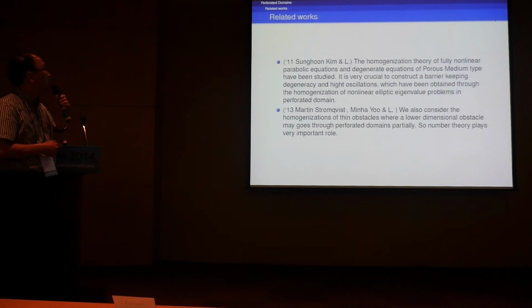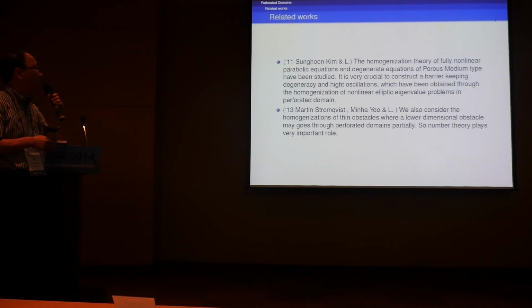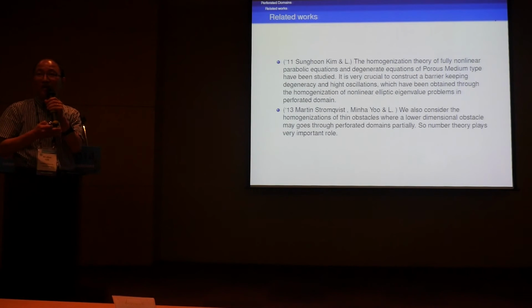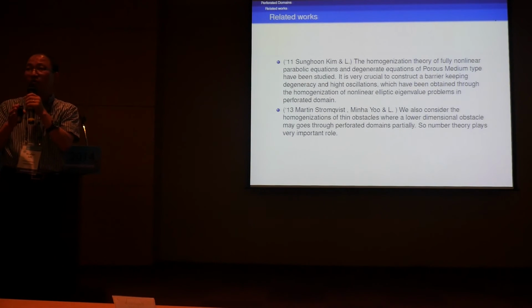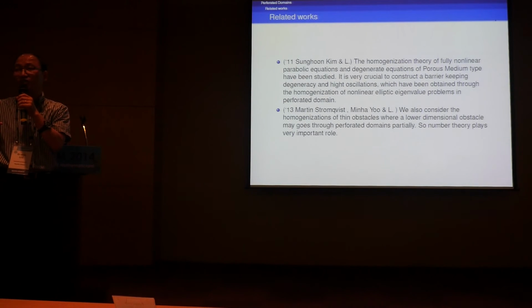And let me give you related works here. We also considered the parabolic version, and degenerate equations or porous medium equations have also been studied. Well, this is a highly oscillating obstacle problem. So as we saw, constructing a homogeneous solution is important. In this parabolic problem, it translated to a nonlinear eigenvalue problem. So we did the homogenization in the nonlinear eigenvalue problem first to capture the degeneracy of the equation. And then we used that as our homogeneous solution and created the super and sub-solutions.